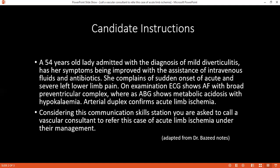Okay. How would you like to manage this patient? Yes, because the patient is having acute limb ischemia, we have options according to the limb condition. If the patient has a salvageable limb, then we can go for embolectomy, thrombolysis, and later on anticoagulation. We can even go for a bypass graft, but if the limb is not salvageable